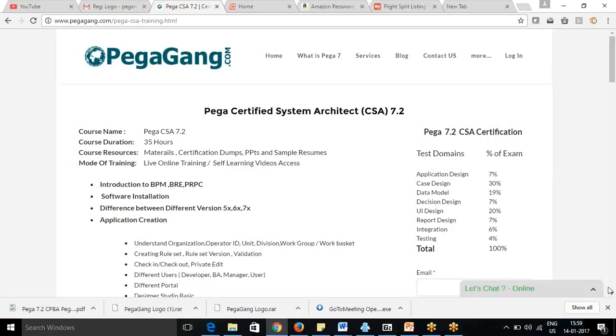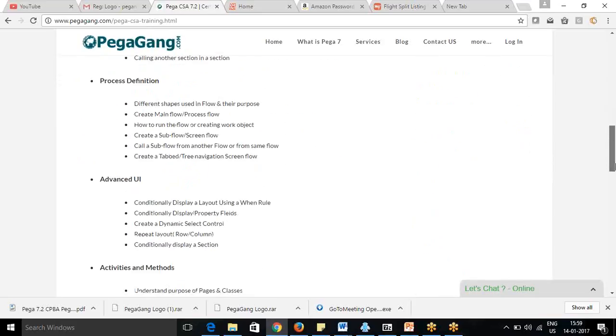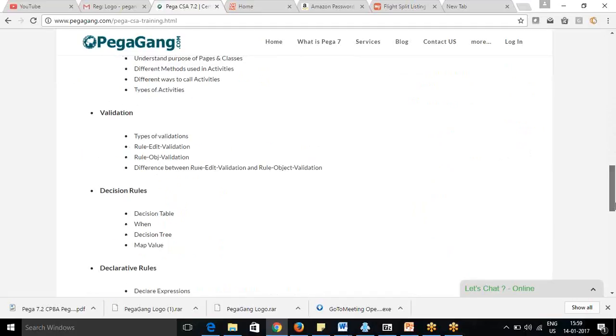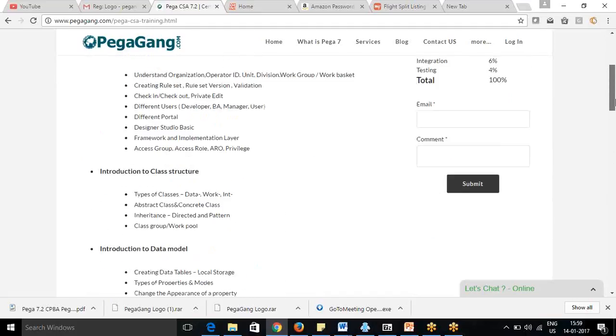So we are going to cover some of the integration and some other topics in more detail. If you are going to work on any application, you need to interact with a database. So how are we going to work with a database? That we are going to see. We are going to cover external database connectivity and how we can do that.